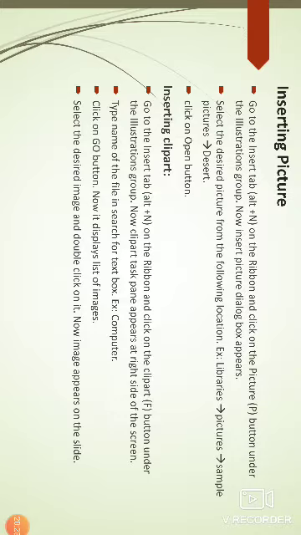For example, I want to search for computer. Click the Go button. Now it displays a list of clip art images. Select the desired image and double click on it. Now the image appears on the slide. After that we can adjust the image. Next we are moving to the next slide.